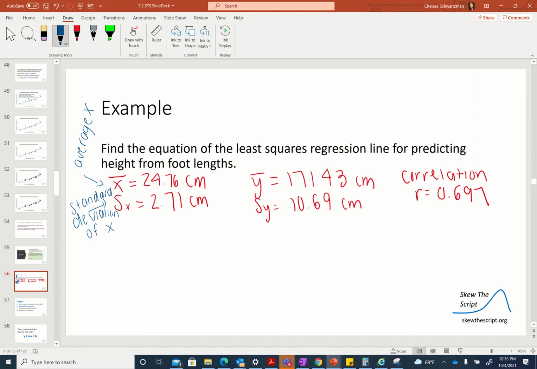Our average y is 171.43 centimeters. Our standard deviation of y is equal to 10.69 centimeters, and our correlation is 0.697. Okay, so to find our slope, we have to do b, or our slope, equals the correlation times the standard deviation of y over the standard deviation of x, and that equals